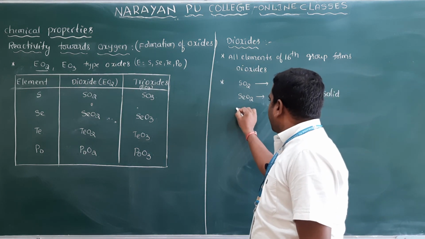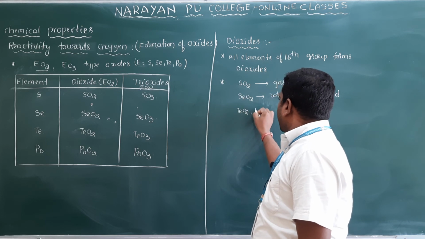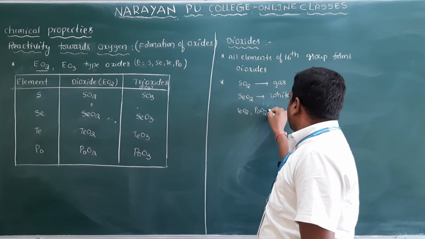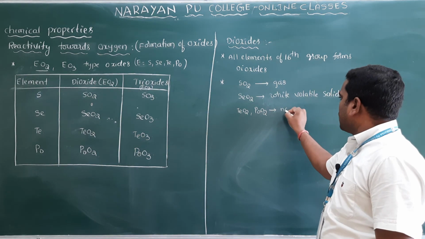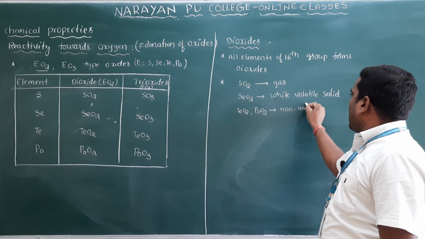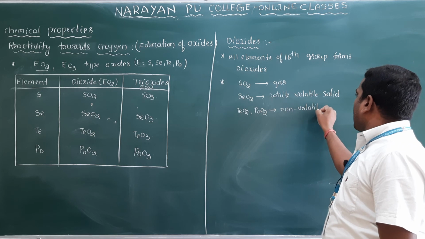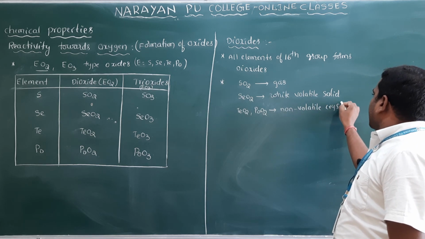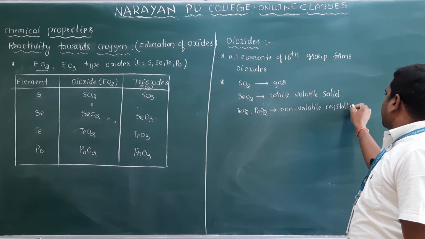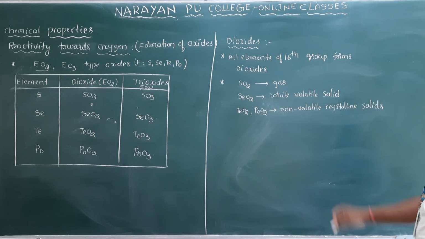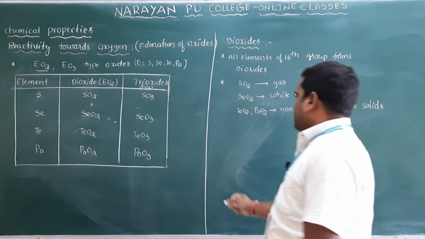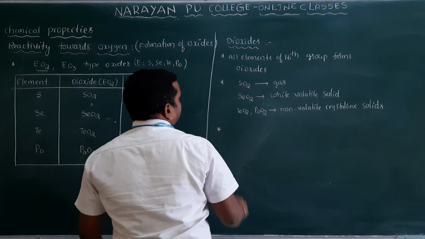And the next ones are TeO2 and PoO2. Both are non-volatile crystalline compounds. These are non-volatile crystalline solids. Non-volatile crystalline solids. Clear? And next point, that these are